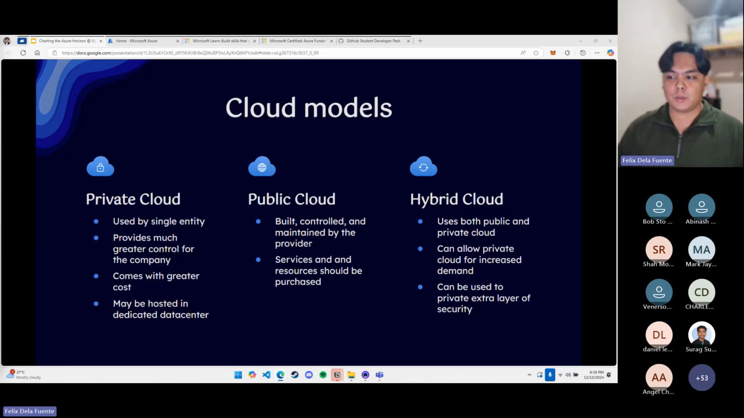So it's very cheap. But again, since you have other people sharing resources, the downside might be it wouldn't be as fast, and the connection, for example, wouldn't be as reliable as someone with a private cloud. So for the next one,